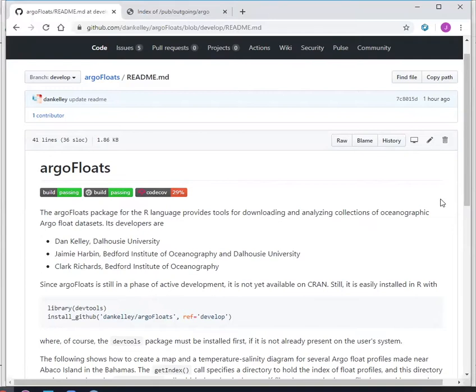The third one you see is called code coverage. And it's saying that 29% of the code is sort of lit up or run